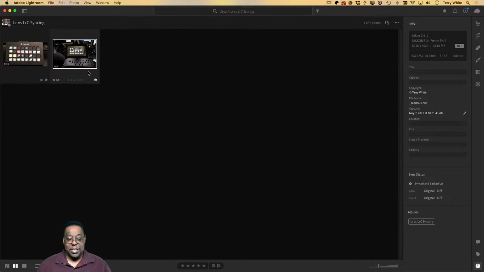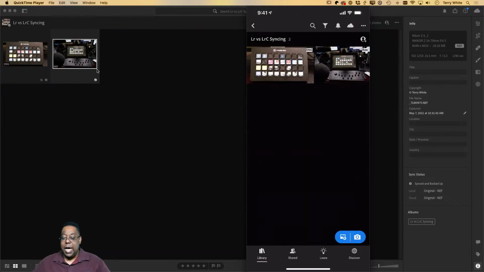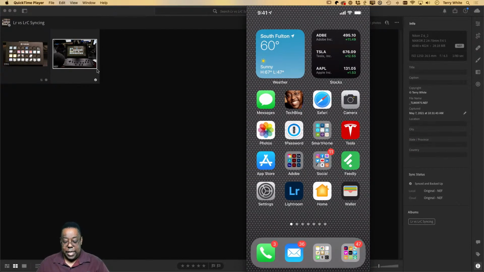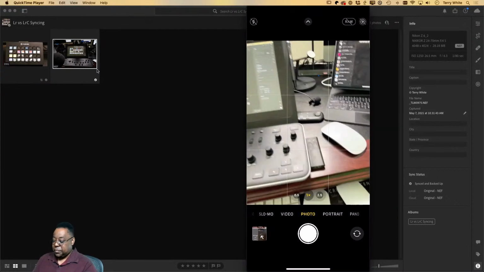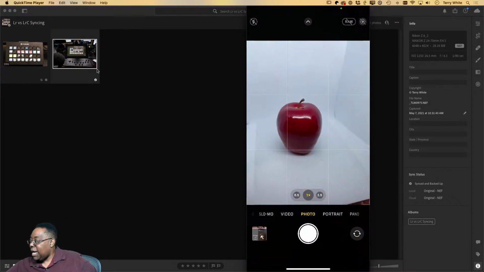What else did I want to... oh, back to the phone. So go back to the phone for a minute. Let me get out of Lightroom, and let's say that I take a new picture with my phone camera. I'm thinking what I want to shoot this time. Oh, I will shoot the light box over here. So I go to my camera, bring up the light box, and there's an apple sitting there, and I just go ahead and snap a photo of it.